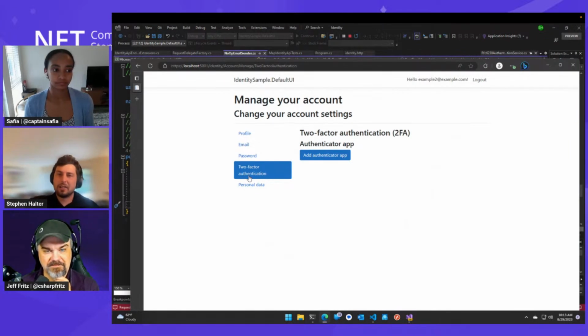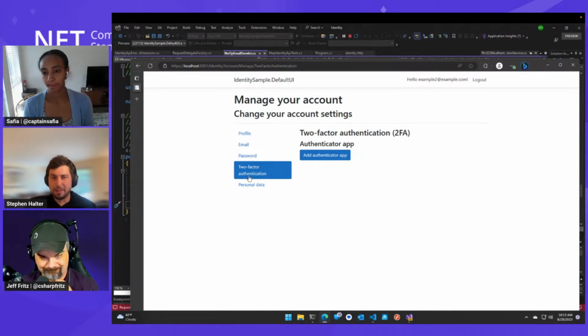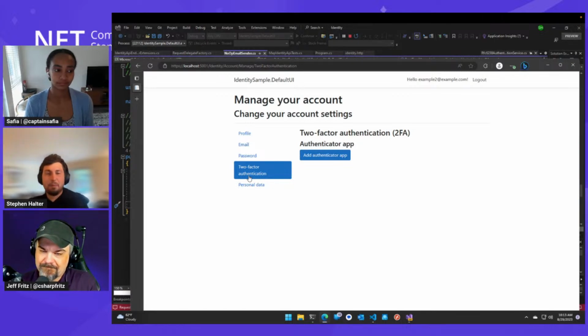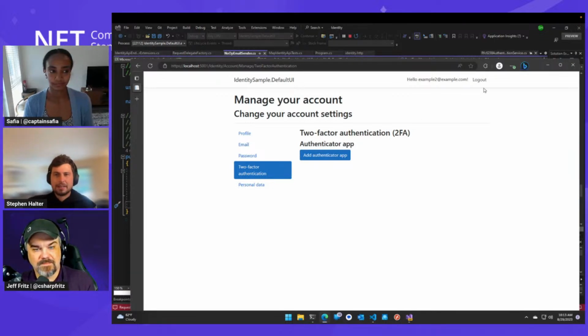Great. So the problem that a lot of people have is, what if I'm doing React, Angular, a mobile app, a desktop app? Yeah, I had somebody ask me this question today. It's really great to set up with Razor pages and MVC, but for a SPA, what do I do? Yeah. Okay, go ahead. Right. So this is the answer to that question, hopefully, for a lot of people.